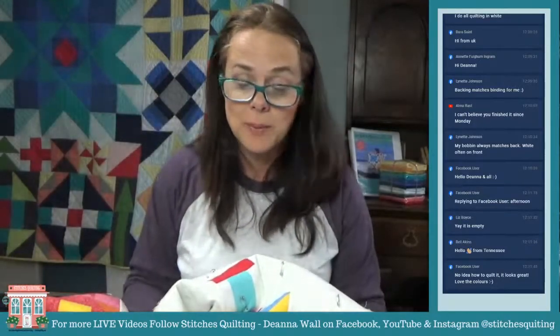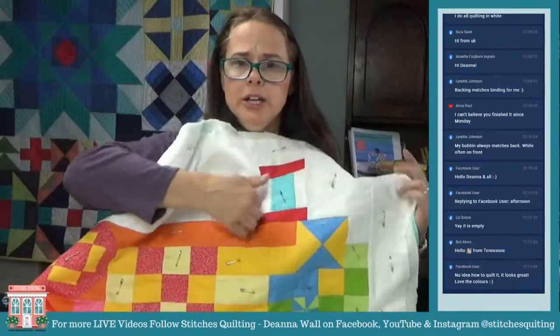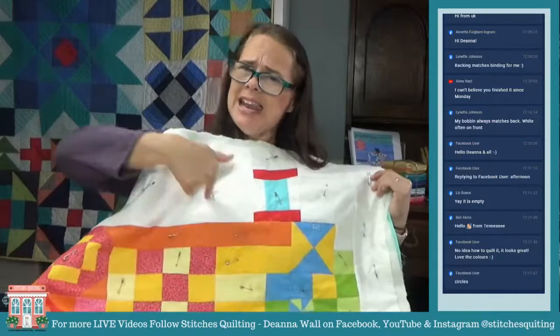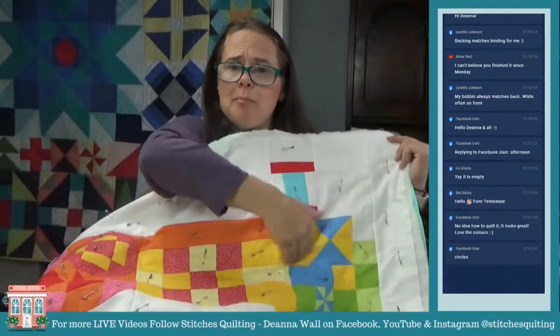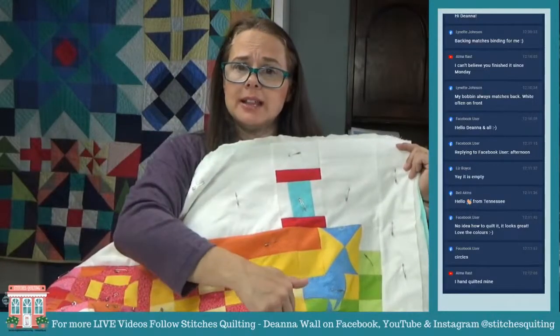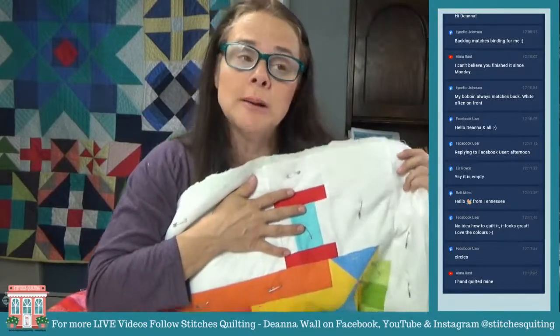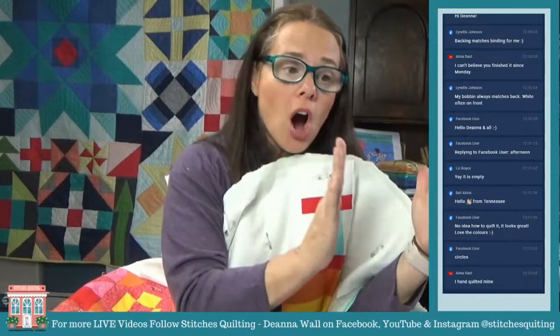Last night when I went to bed, I thought I wanted to maybe do a grid, kind of on point, like a lattice. Does that make sense? And then I thought about doing it like a plaid, maybe with lines going this way and then lines going this way, almost like a checkerboard grid. And then I thought, wouldn't it be fun to do a plaid and offset some of the